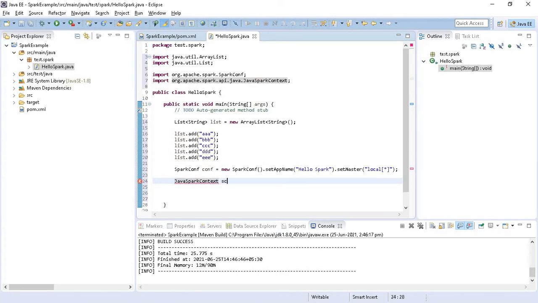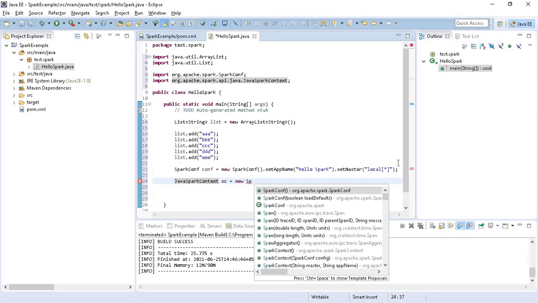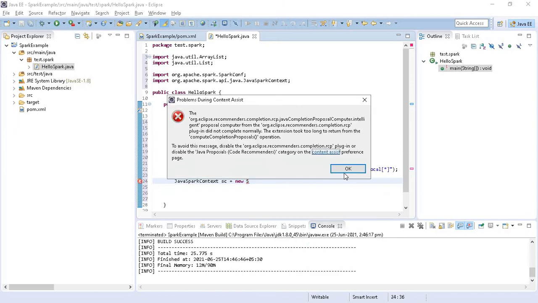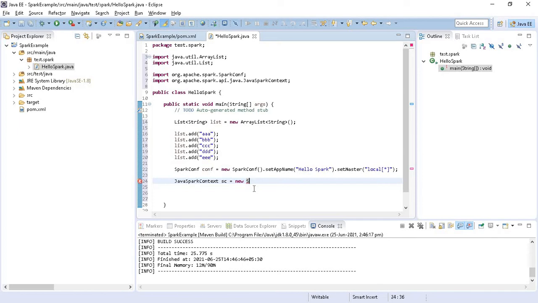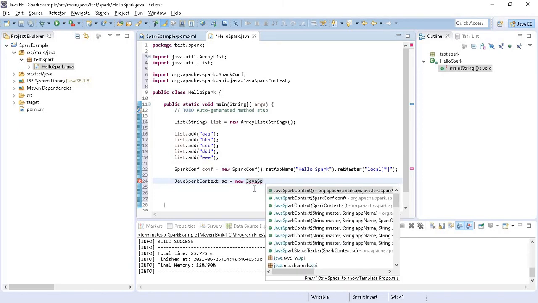So I am creating an object of it, and we use SparkContext, so it should be JavaSparkContext. Sometimes Eclipse will show these warnings.